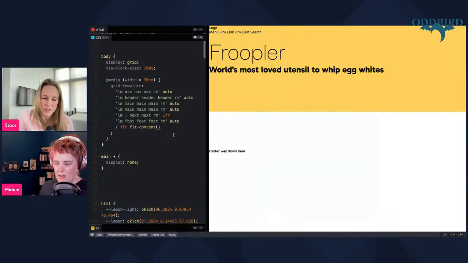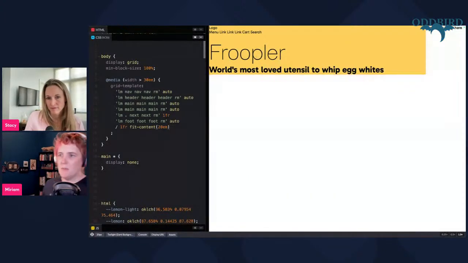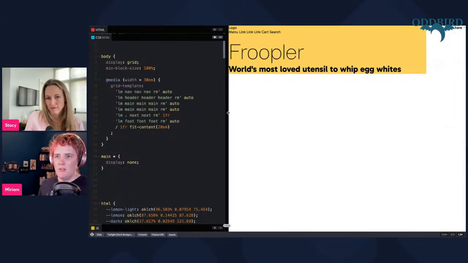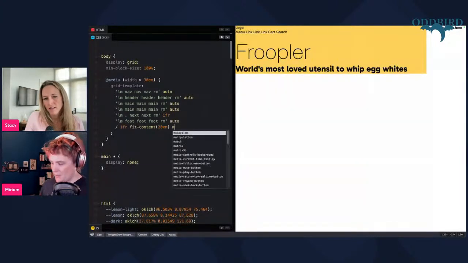I don't have a specific number for it. Fit content takes a maximum then. So I'm just going through the columns here after the slash. The left margin is that one fraction. Then I've got a column that's fitting the content. And then I've got one that's consistently